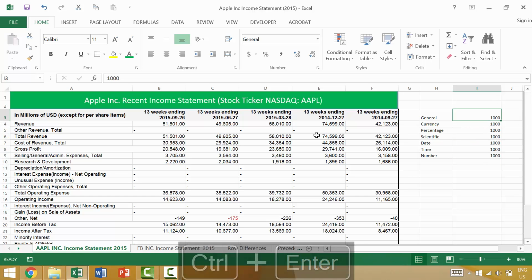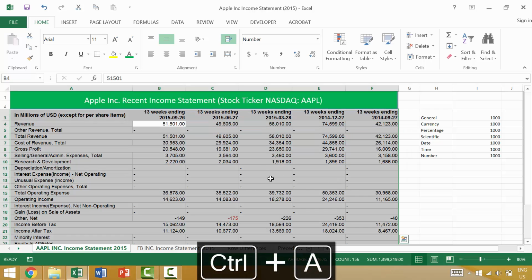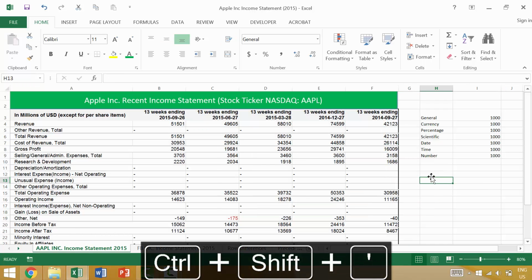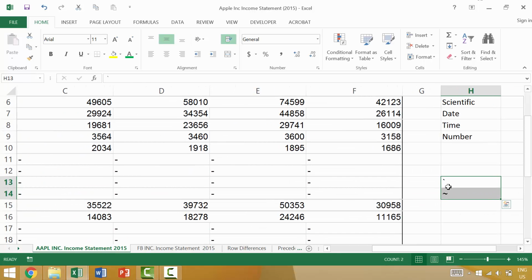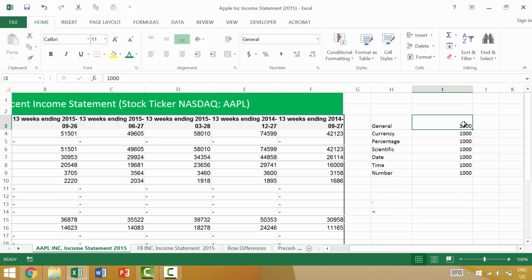Now, general formatting is just what it looks like. If you want to apply general formatting, you could do so by pressing Ctrl Shift and then the tilde key. Let me zoom in. This is most often to the left of the number 1 on your keyboard. It's called an accent grave or a tilde. When you press accent grave or tilde, you'll get this formatting here,